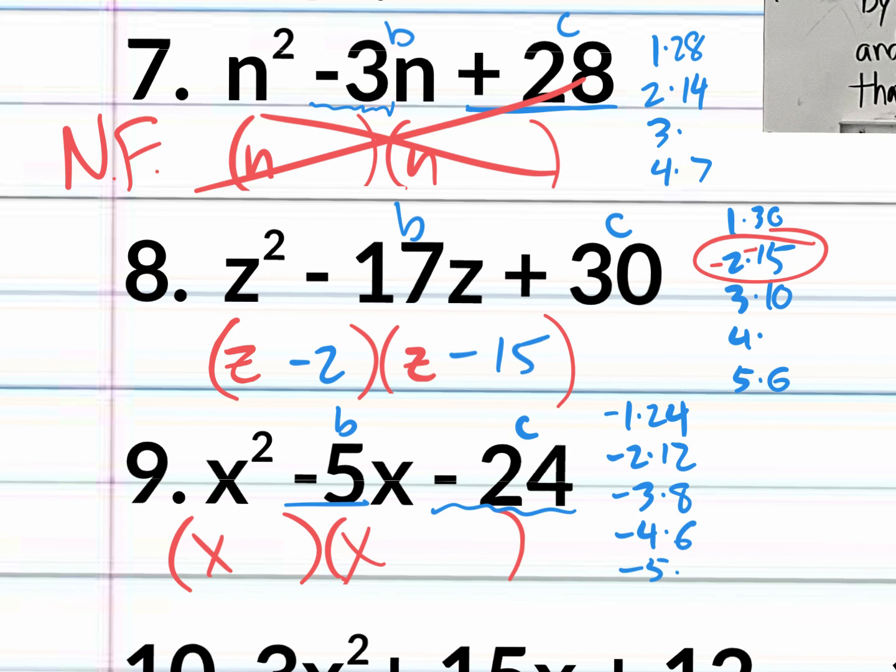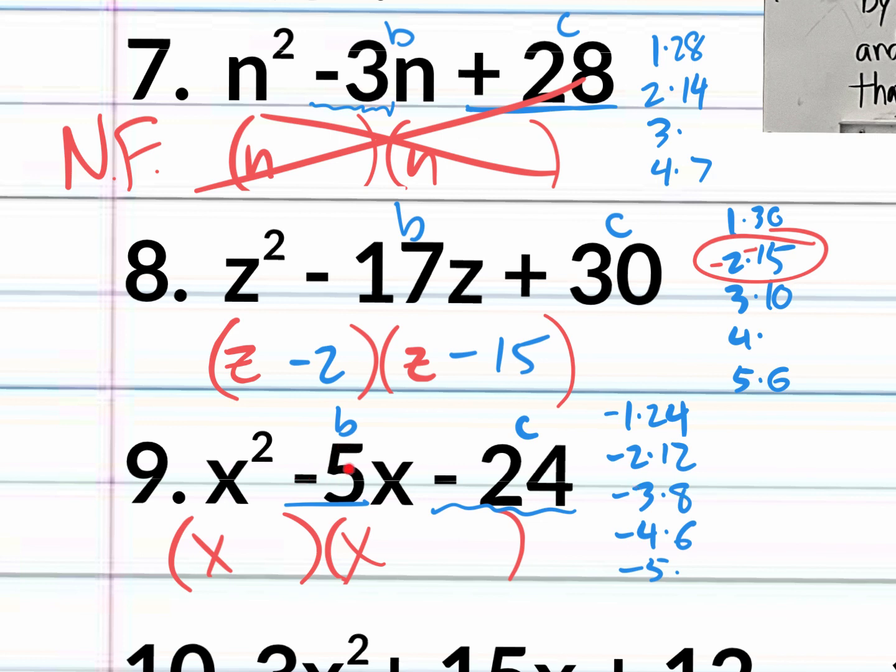That's it. Just start adding them. What is 6 minus 4? 2. That's not a 5. What's 8 minus 3? 5. That's a 5, but I want it to be negative. So what do I do with the signs? Change them. You see, because 8 plus negative 3 is positive 5, and I want it to be a negative